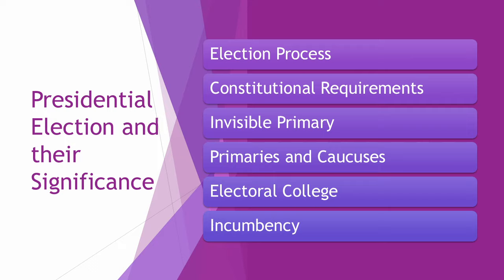Primaries and caucuses are state-level elections where party members choose delegates to support a candidate and affect the election as they determine the eventual party nominee. This is shown when Donald Trump won a majority of Republican primaries in 2016, allowing him to secure the nomination